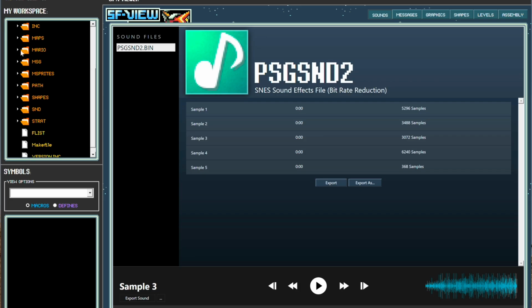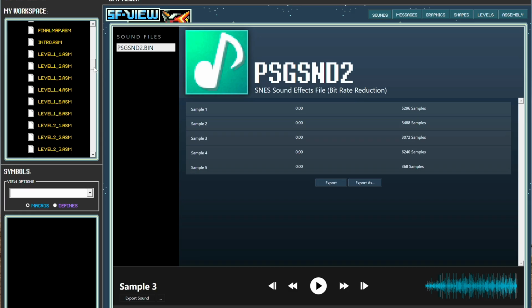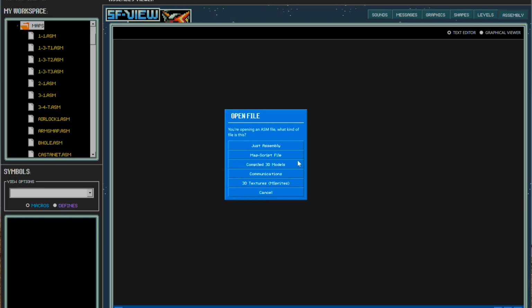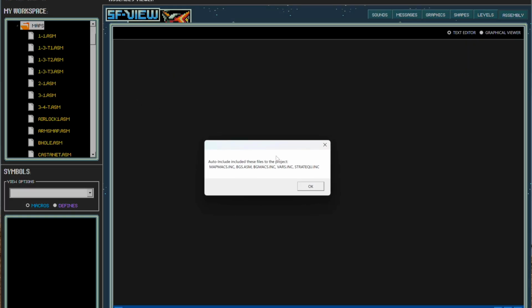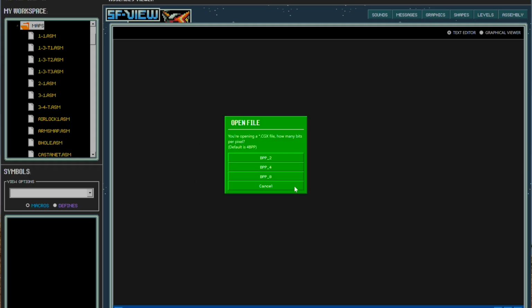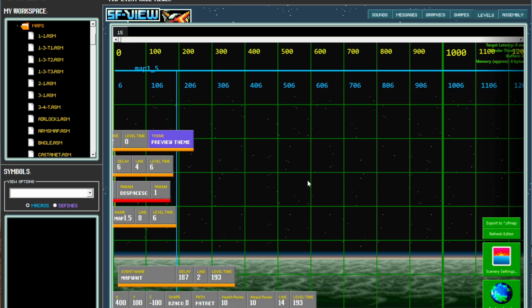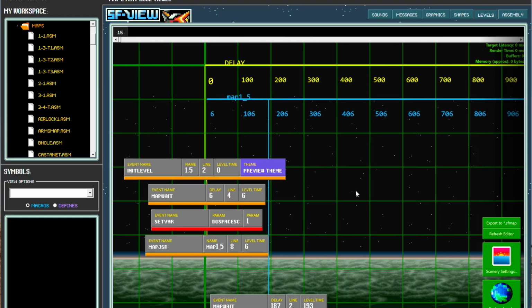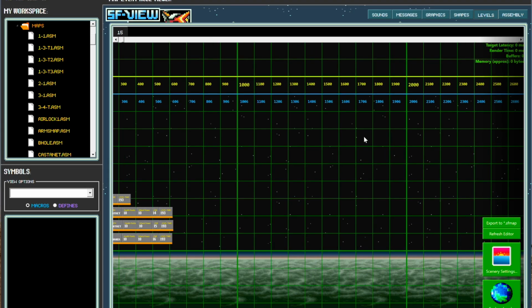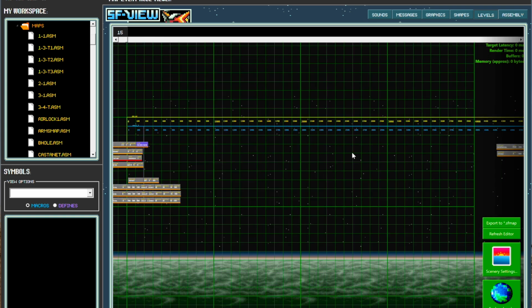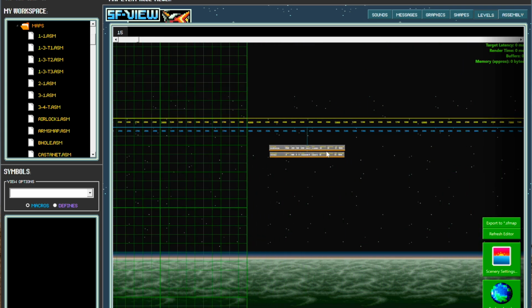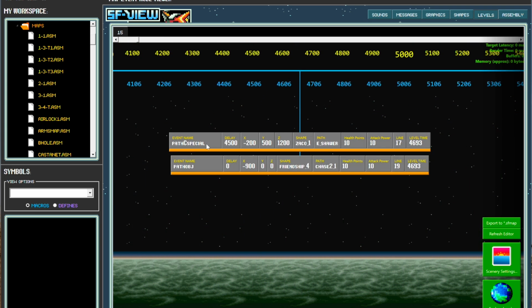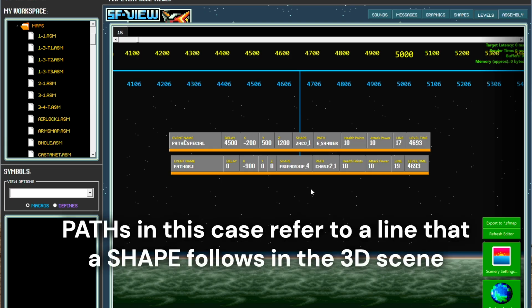Final thing that I want to show is a bit of the levels. In this maps folder, I can select a different level component, and I can hit map script. It's going to add the necessary source files in, and it will even show the background of the level, which is, in my opinion, a nice touch. You can zoom out and see the various events that happen at different points in the level. So for instance, over here, it's going to do some paths for different enemies. In this case, it looks like a friendly ship is following some sort of path around the level,